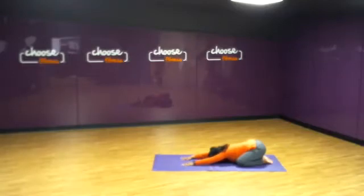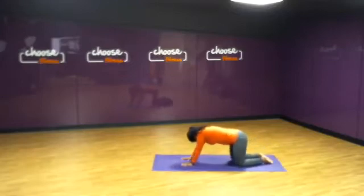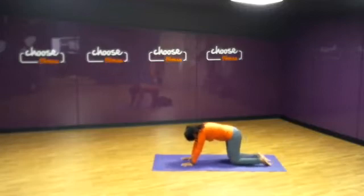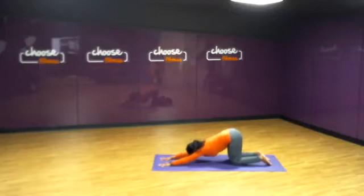And so from here, let's press into the hands, lifting up slowly, walking the knees in slightly so that the hips and shoulders are in line. Then we'll walk the hands forward into puppy stretch, pressing the arms, the head, the chest, lowering it down into the floor. Try not to arch your lower back here, so try to draw the belly in towards your spine,